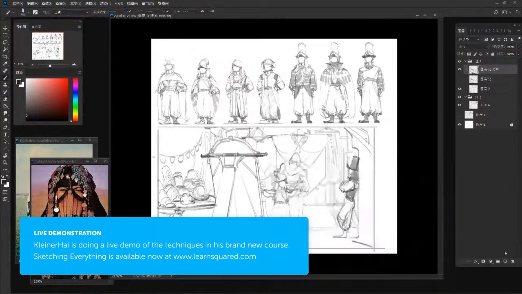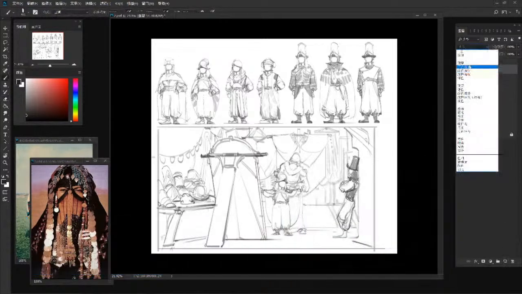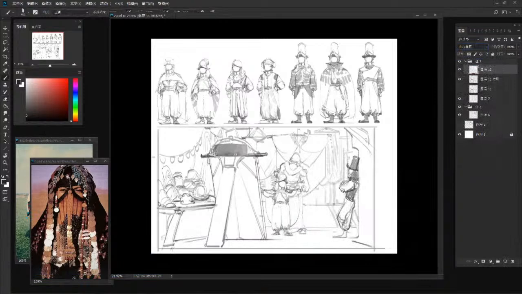On today's show, Kleiner has created, as you can see up there, 7 different character concepts, and after that has been making this scene of an environment with the characters inside of it. It is looking incredible, Kleiner. This is so cool. And now it's becoming a value sketch. Can you talk about your process with using value in a sketch?